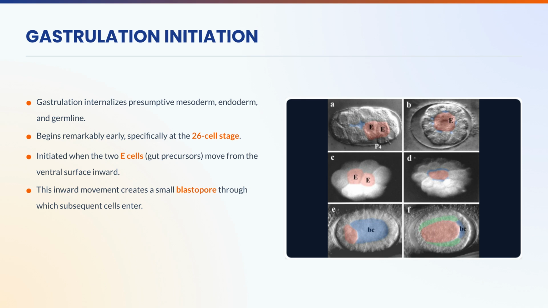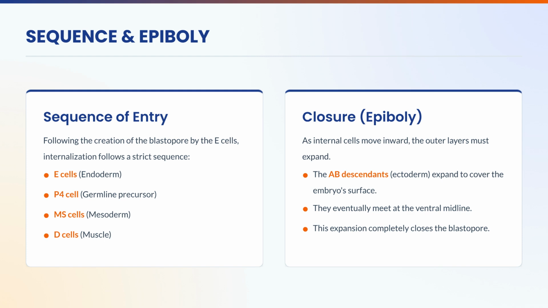Gastrulation begins remarkably early, at the 26-cell stage. It is initiated by the inward movement of the two E cells, the gut precursors, creating a small blastopore for subsequent cell entry. Following the E cells, P4, MS, and D cells enter the blastopore in a strict sequence. Epiboly, the expansion of the AB descendants, the ectoderm, covers the embryo's surface and closes the blastopore at the ventral